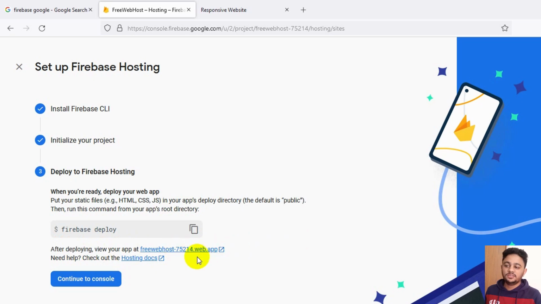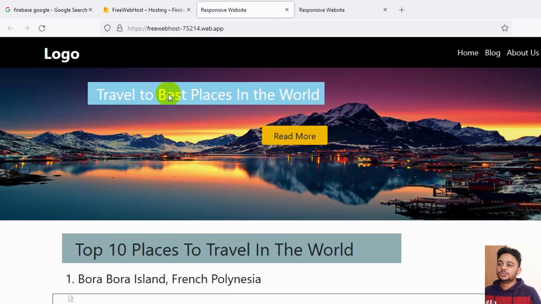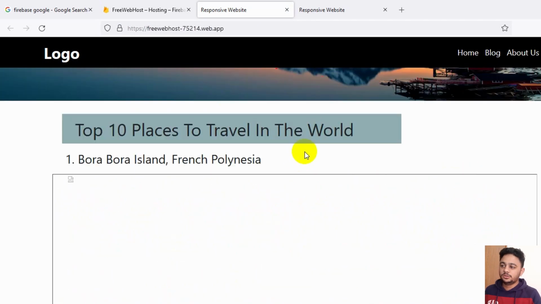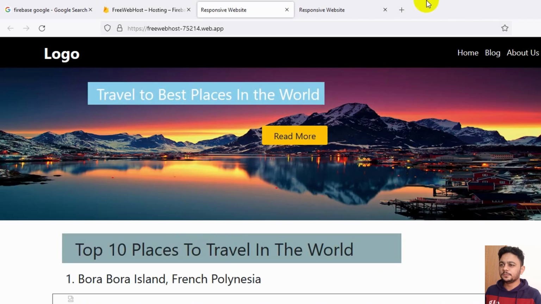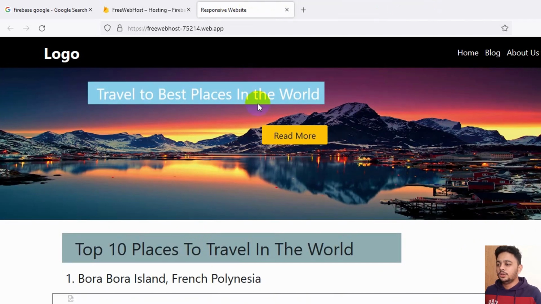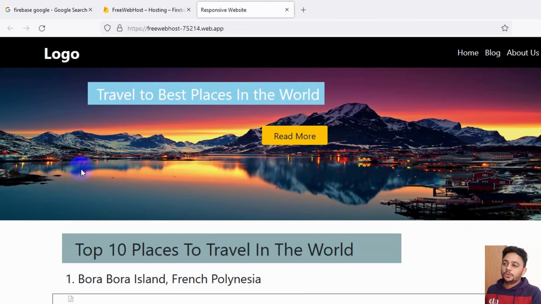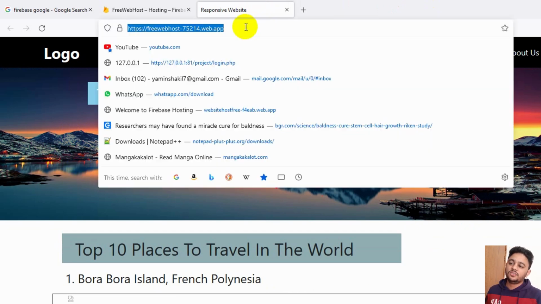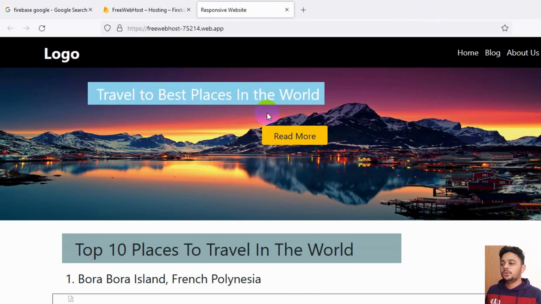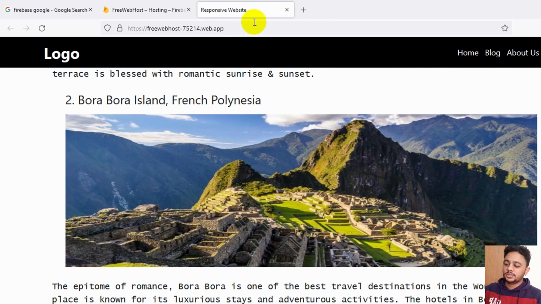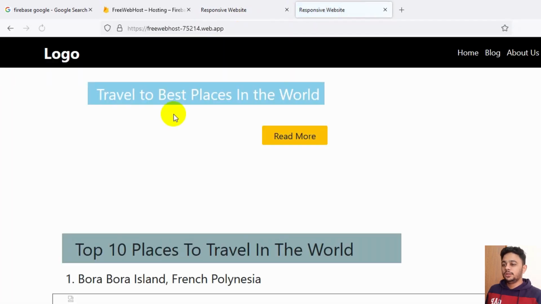So if we just click on this link, here you can see it took us to this page. And here you can see this is our website, and okay, for some reason the first image is missing. But whatever, I hope you do not face this problem. So this is how you can actually upload your project to Firebase Google, and you can share this link with your friend, and your friend, or anyone, will be able to see your static website on Firebase Google. If you just give this link to anyone, and if they paste it in their browser, they will be able to see your website.